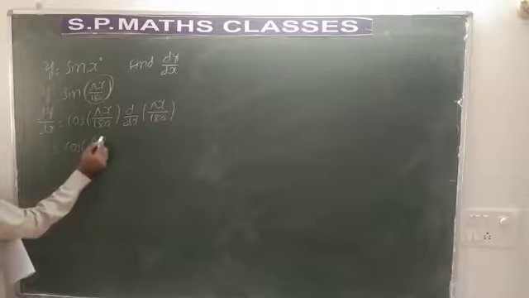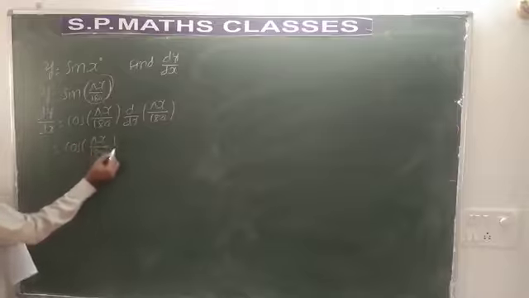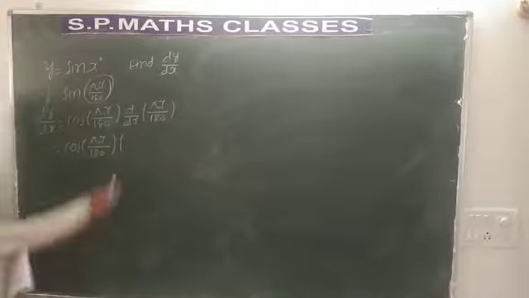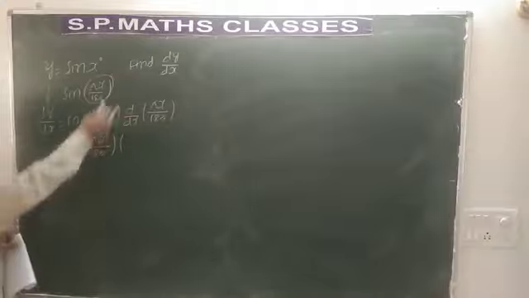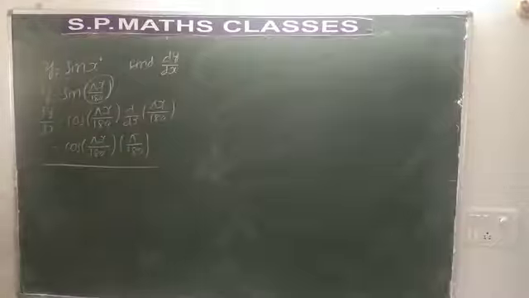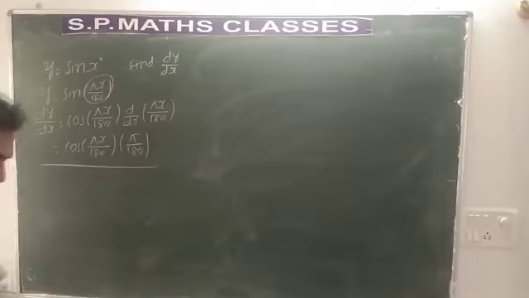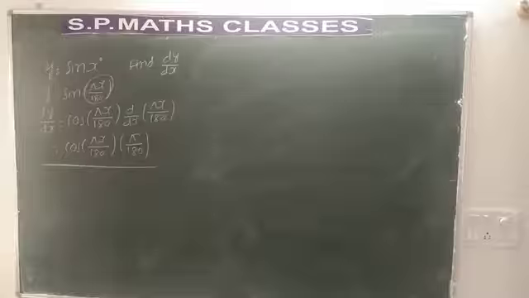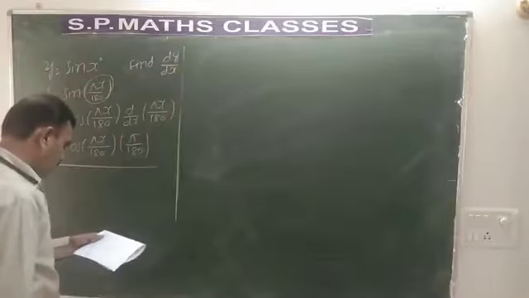Cos of pi x by 180 into derivative of pi x by 180. Pi by 180 is constant, taken out, and the derivative of x is 1. The answer is pi by 180. This is what dy by dx is. Hope you have understood how to take the derivative of sin x degrees. X degrees is written as pi x by 180 radians, then you have to differentiate.